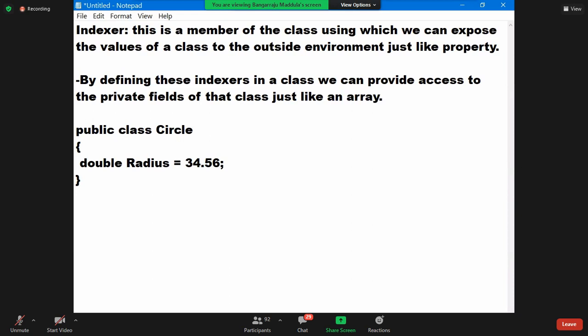What is that, just like an array? You have an array. The array contains 5 elements in it. How do you access the values? By using?